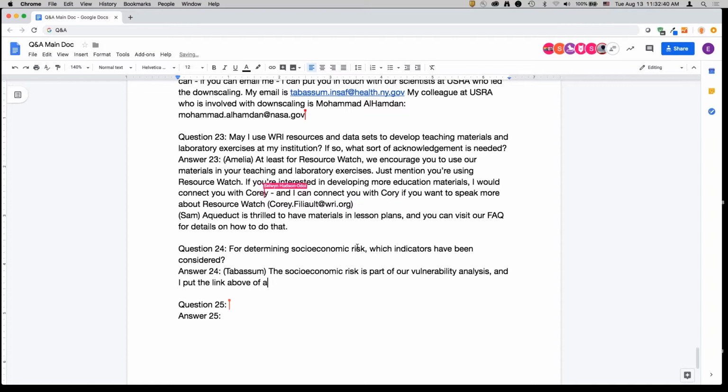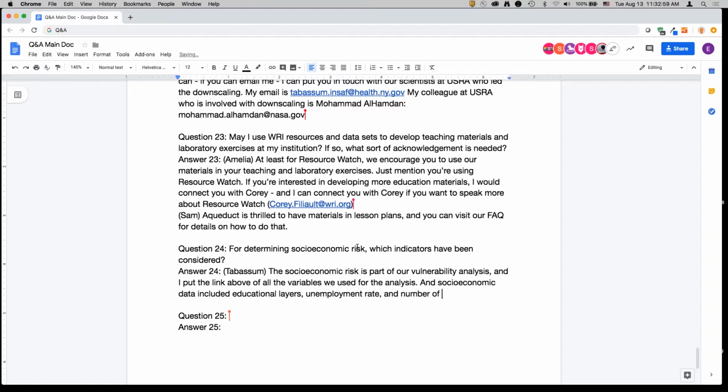We did a principal components analysis for that portion, and the socioeconomic data included education levels, unemployment rate, and number of people below the poverty level. And again, I'll put in the link to the paper as well, so you can look at all the details.